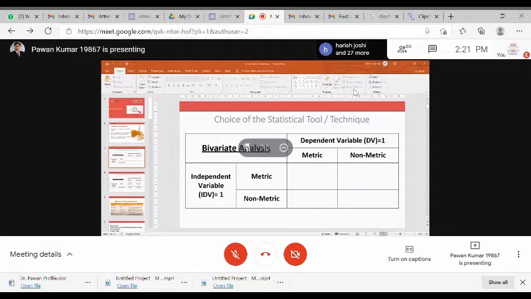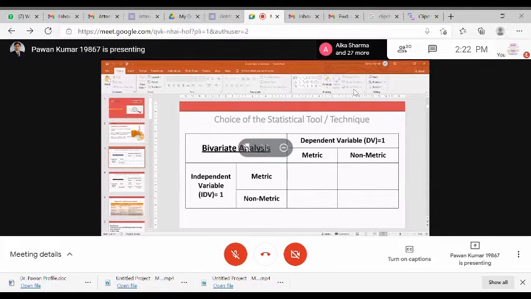Then you are going to apply hypothesis testing, or you can go with one-way ANOVA, or the independent sample t-test. Please note down right here, in this box, independent sample t-test or one-way ANOVA, that you can apply in this box.